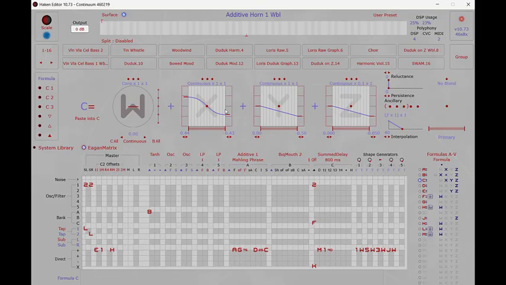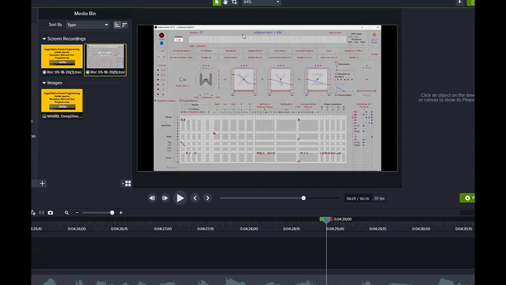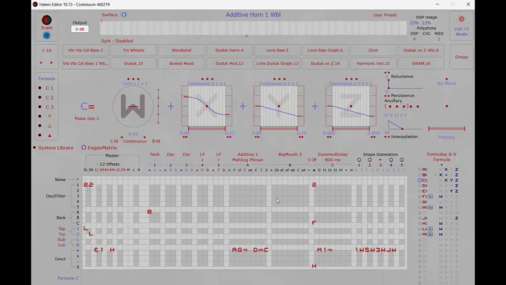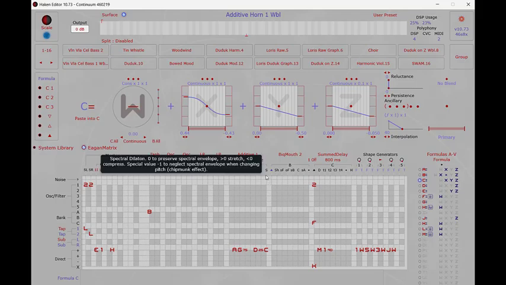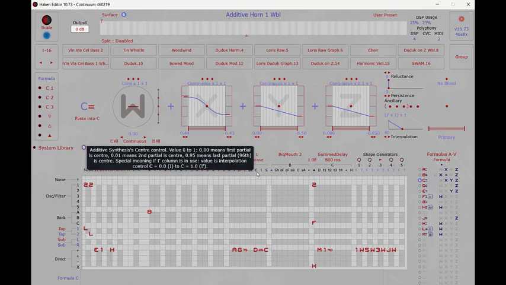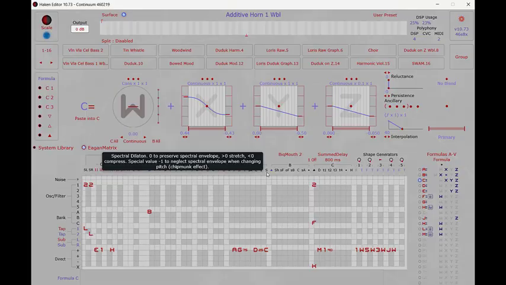And as X increases, your spectral dilation is going to decrease. As you give more breath pressure, it will decrease. And as you apply elevation, it will further decrease. Going negative, if that's what's going to happen here, you can see on spectral dilation, it will compress the spectral